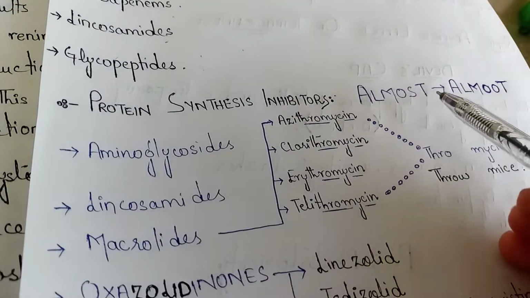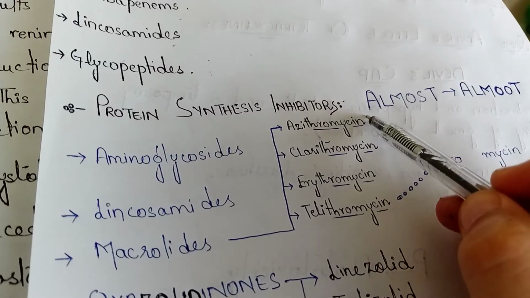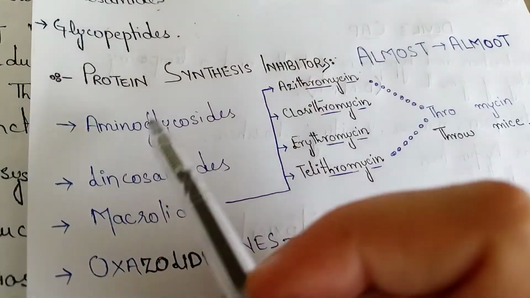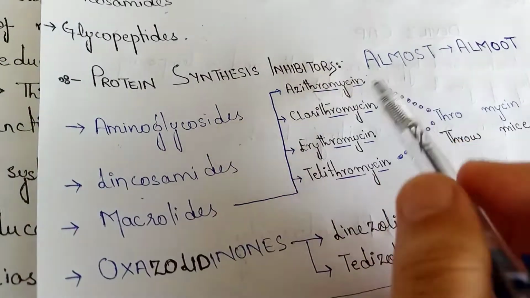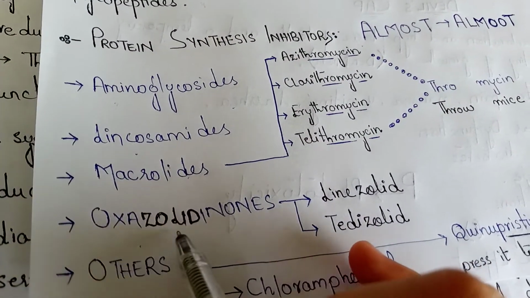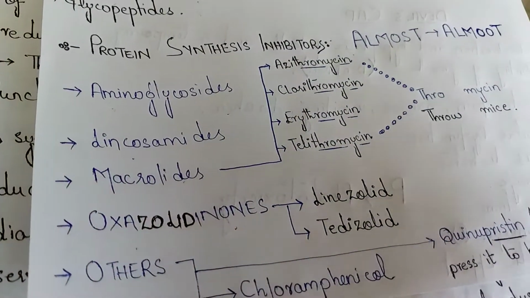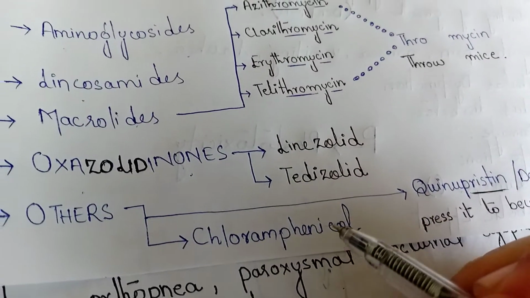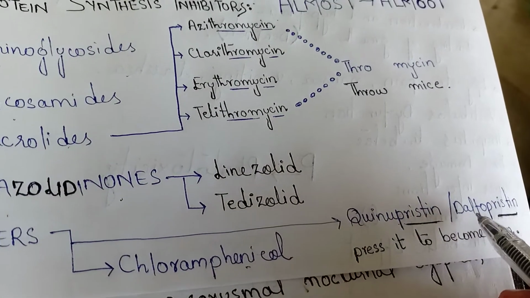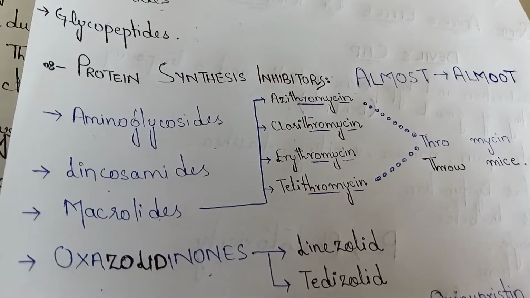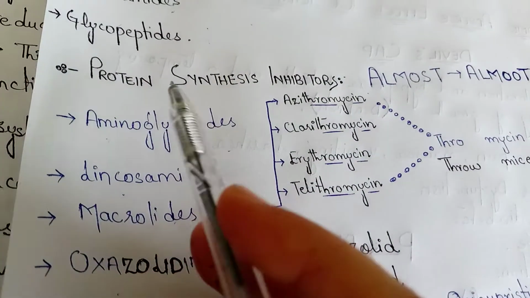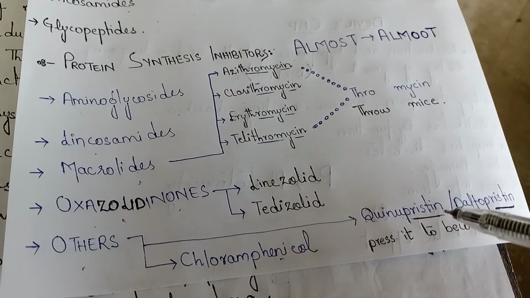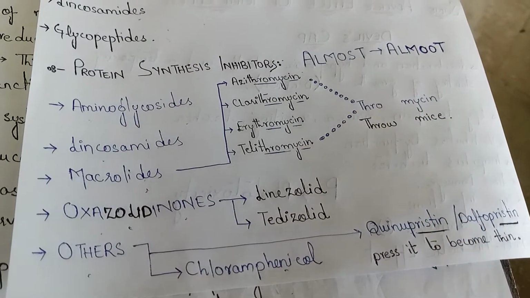For that, remember a trick word, almost, or you can change it to almost, say, right? Okay. From A I took aminoglycoside, from L lincosamide, from M macrolides, from O oxazolidinones, and as we changed it to another O, the other drugs are chloramphenicol, quinupristin and dalfopristin. Now how are you going to remember these drug names? Aminoglycoside, lincosamide, macrolides, oxazolidinones, and others: chloramphenicol and quinupristin, or you may say dalfopristin. These all are